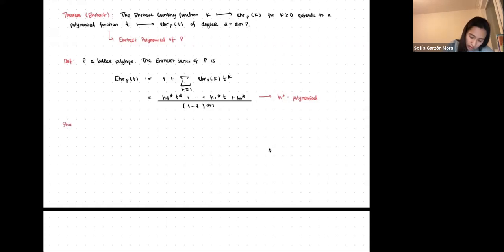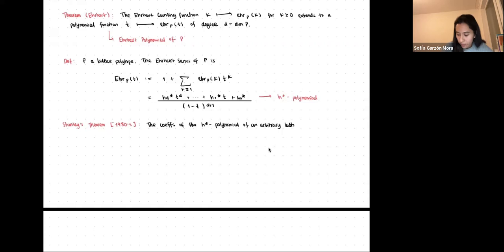For example, Stanley's theorem, and I am 90% sure that this was in the 1980s, tells us that the coefficients of the H-star polynomial of an arbitrary lattice polytope are non-negative,